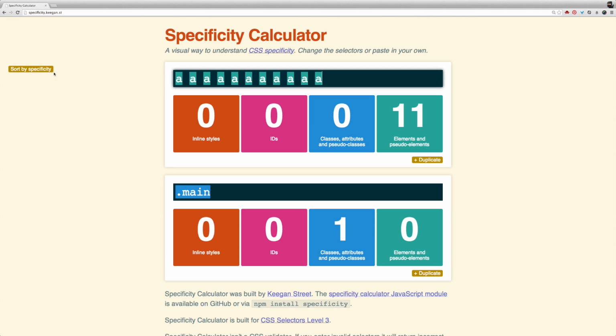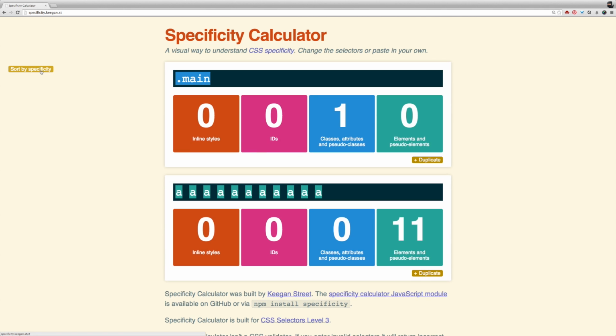And I'm going to press this button that will order it by specificity. Haha! 0, 0, 0, 11 is not more specific than 0, 0, 1, 0, which is why every time your text is orange. Okay, I hope that I've opened your mind and you now have a technical grasp on how this works. But I want to show you a small real-world example of how all these principles come into play